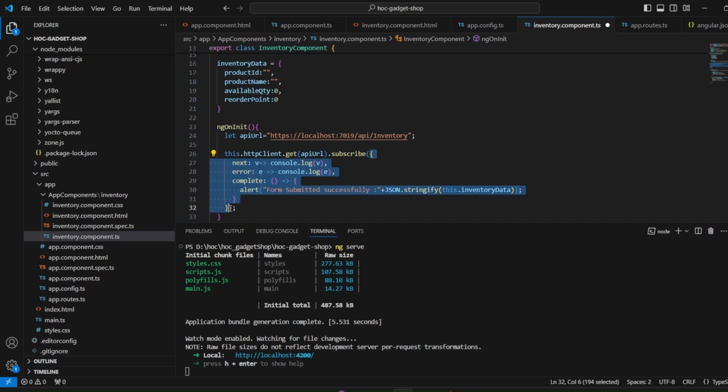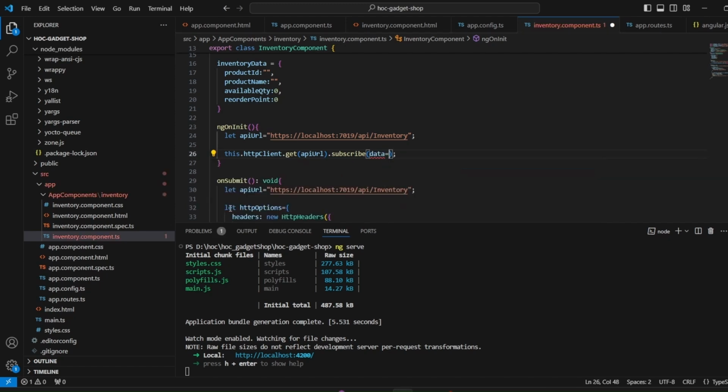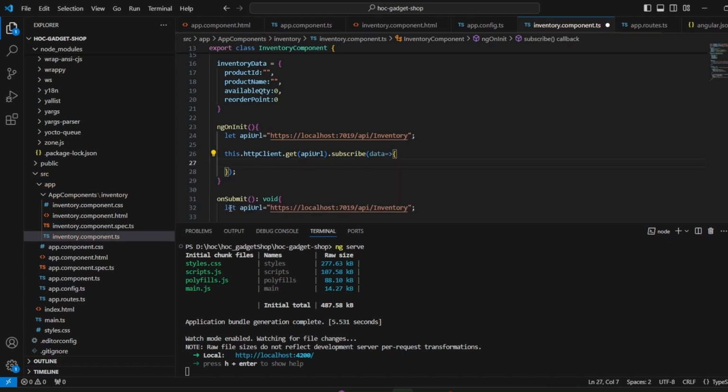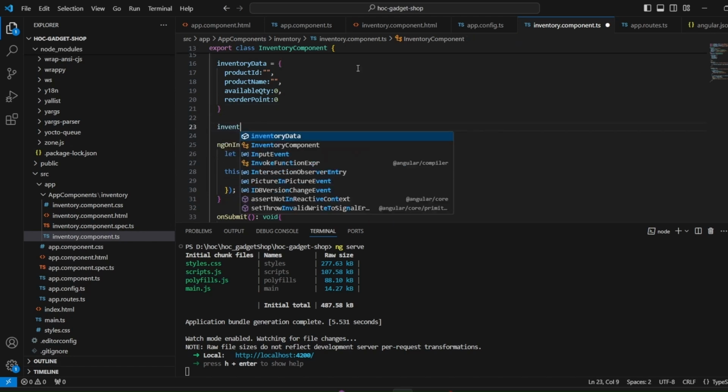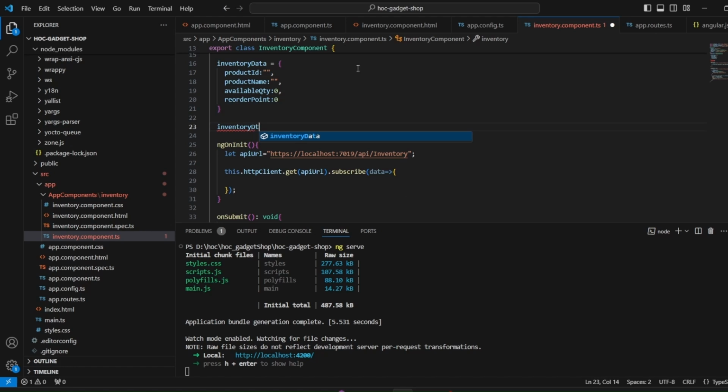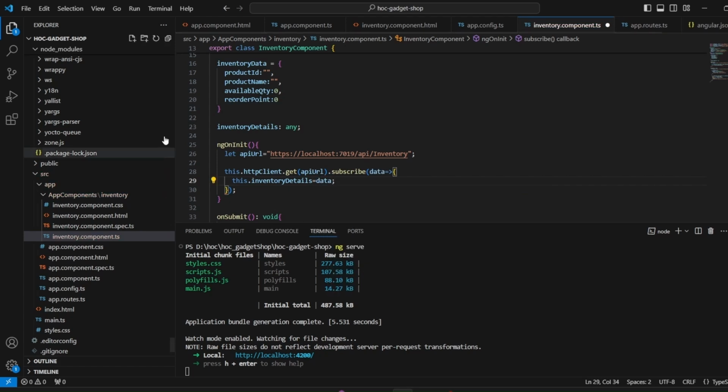So what we can do is just have the data and create a function around it. This data is going to be the response of this get method. Let me just add a new object that is going to be inventory details of type any. Now whatever is being returned from the get API, I want to just map it to this new object that I have created over here.